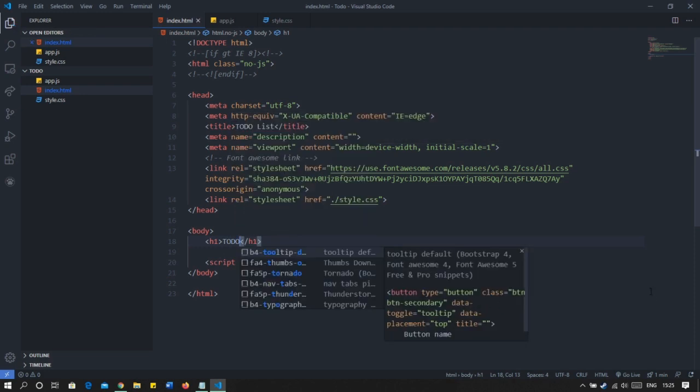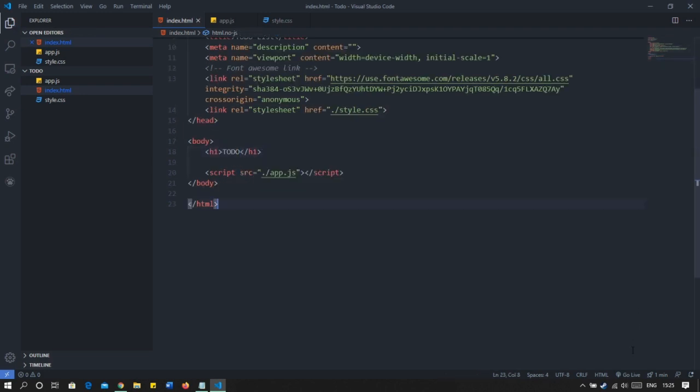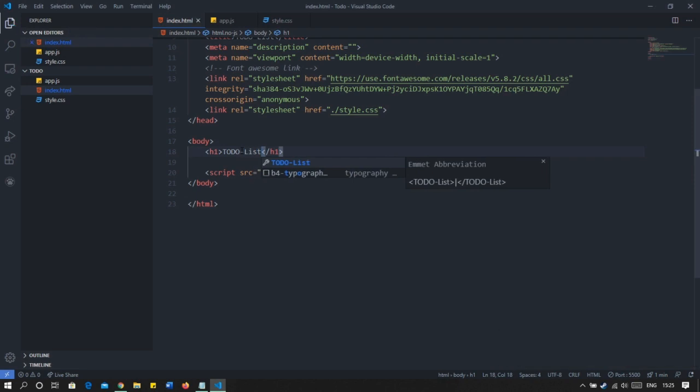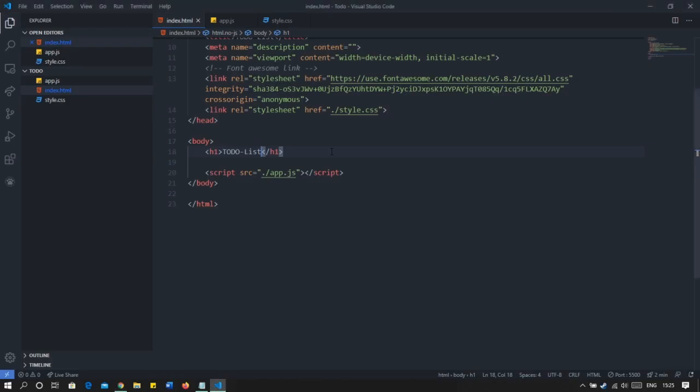So let's start our website on our local server so that we can see what's going on. So go live. If you don't know how to do this, you can download an extension called Live Server from VS Code itself, and then you can open your files, and you don't need to refresh any step. So as you can see, I just added to do list. I saved my file, and I just go to the browser, and I don't need to refresh it. It will be loaded automatically. So we are good now.